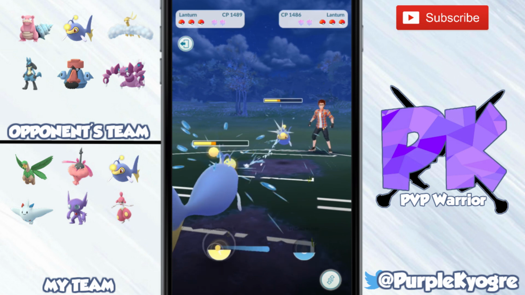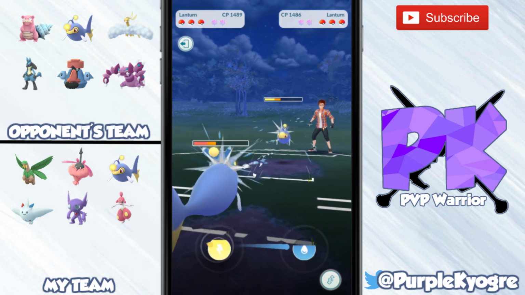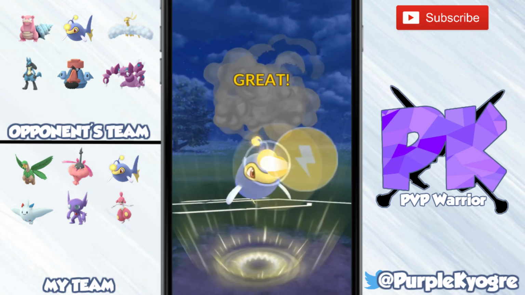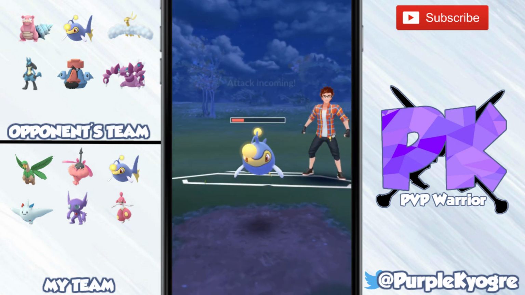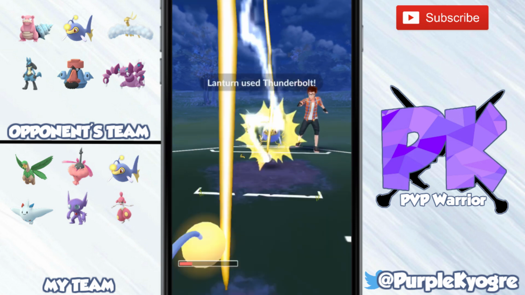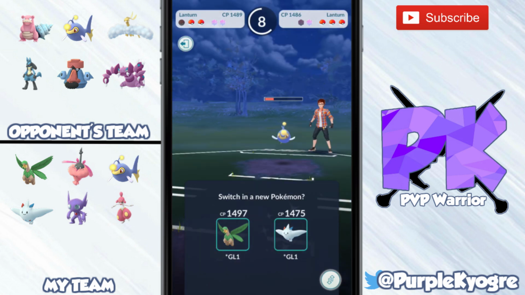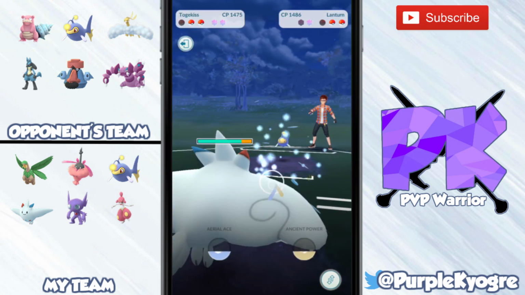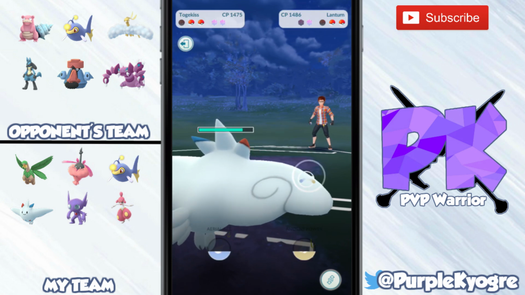So just go into town with water guns, both of us, and we actually get to the red like a second or two before he does, and that's just because this is a perfect 100% IV Lantern, so it's not good for PvP in general. I definitely need another Lantern, but either way, my Lantern is knocked out. I decided to let it go through, and then we bring in Togekiss, excuse me, and we knock him out